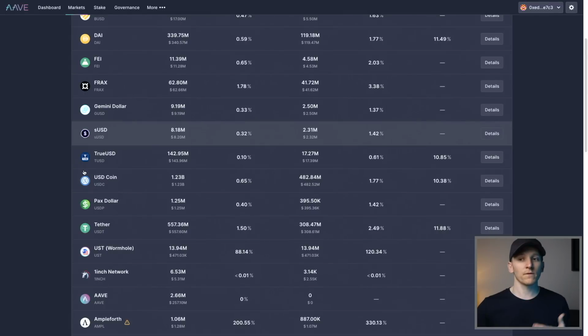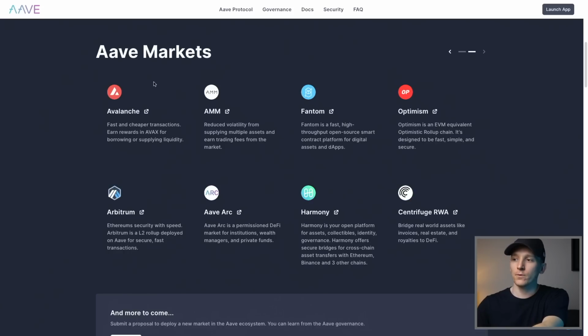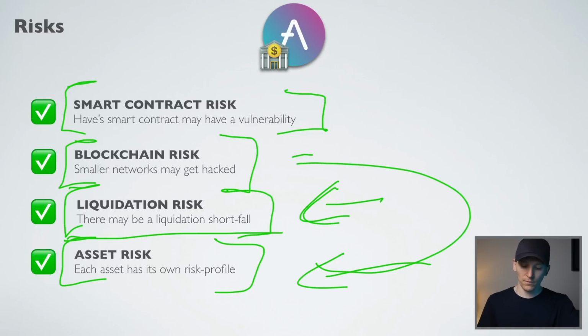Also with some stablecoins, they might be bridged over from other blockchains. For example, Ethereum has native US dollar coin and US dollar Tether. Other smaller markets, for example Harmony or something like that, may actually bridge tokens over from Ethereum, which carries its own risk. And therefore, having US dollar coin or USDT on a smaller network might be an issue. That's also with blockchain risk as well.